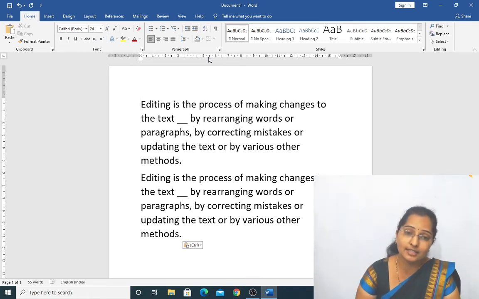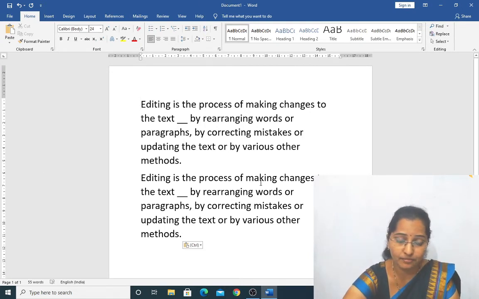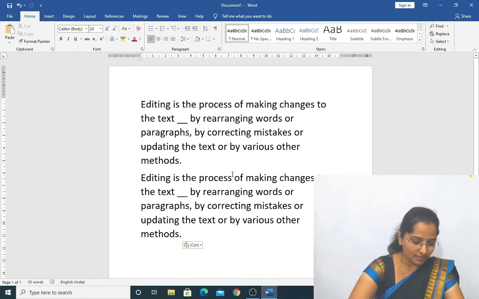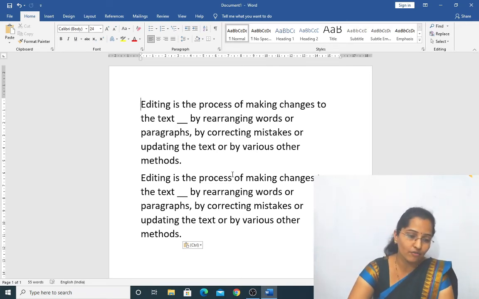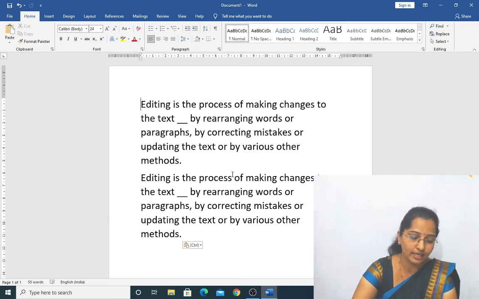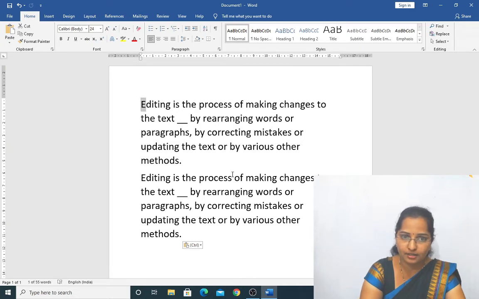Use the arrow keys and the Home and Tab keys. See how to select the letter on the right side of the word. How to select? Press Shift and the right arrow. Now observe there. It is selected. Use the Shift key and the right arrow key. Right arrow means like this, right side.